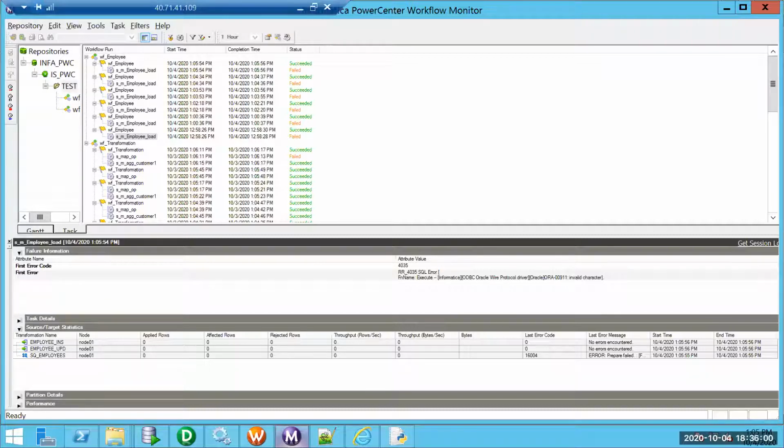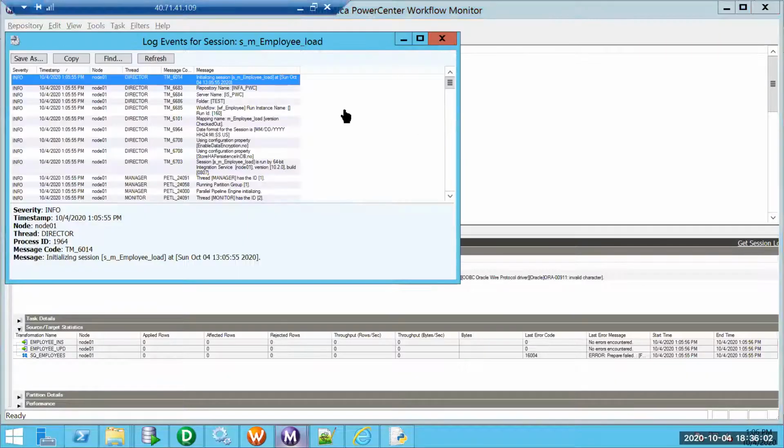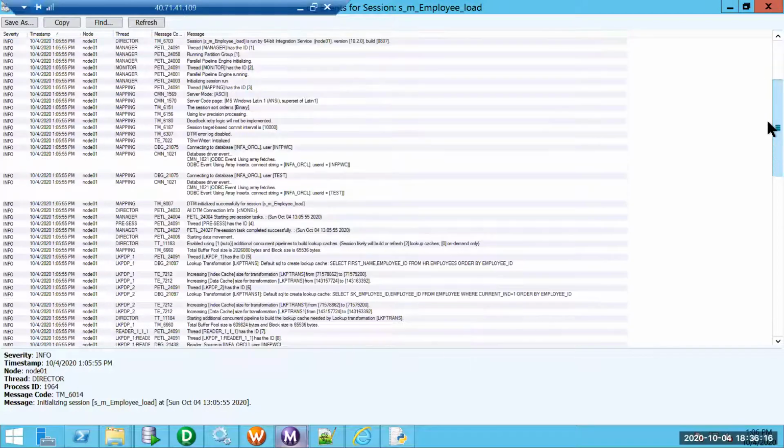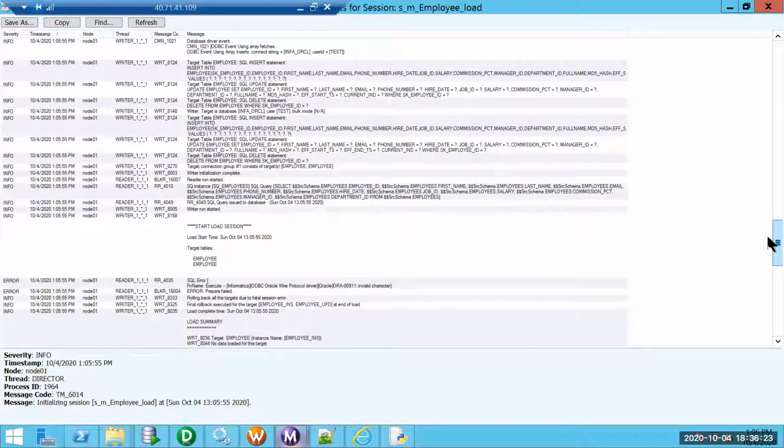Invalid character. Oh, it is trying to resolve it as $SourceSchema. It's not picking it up as HR.